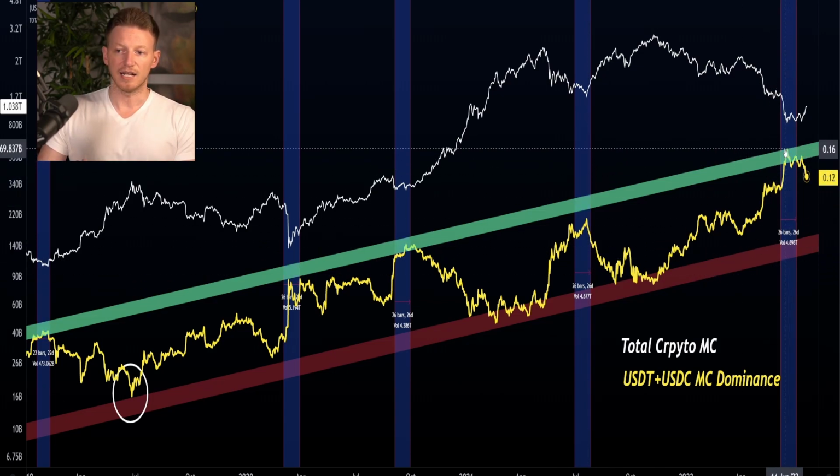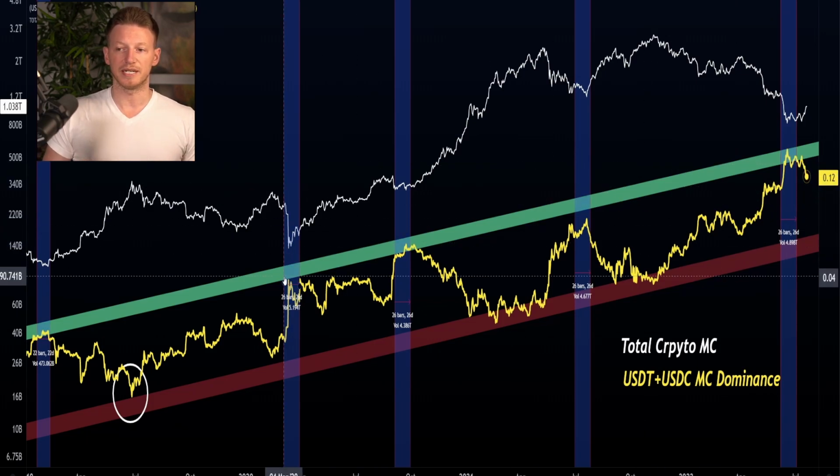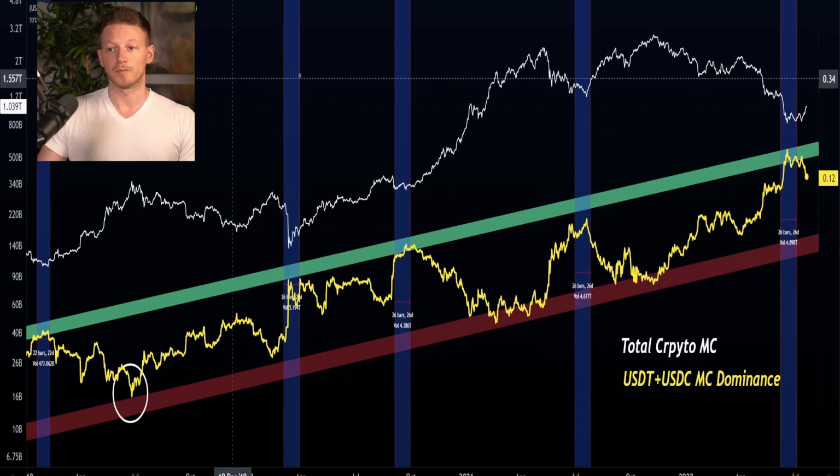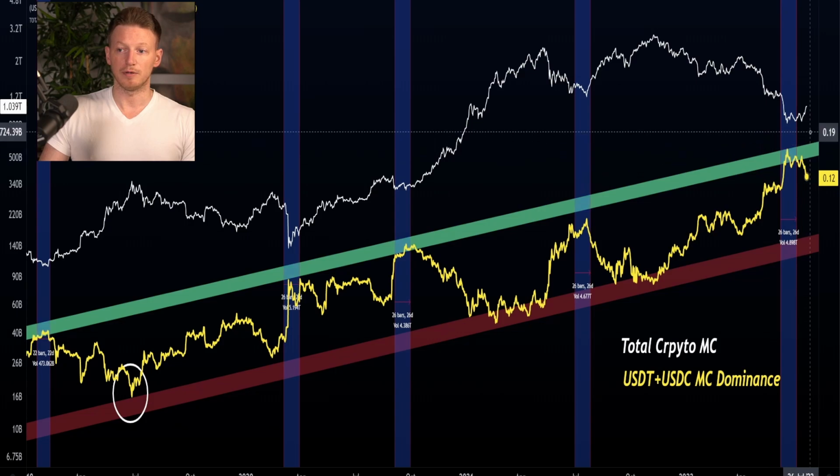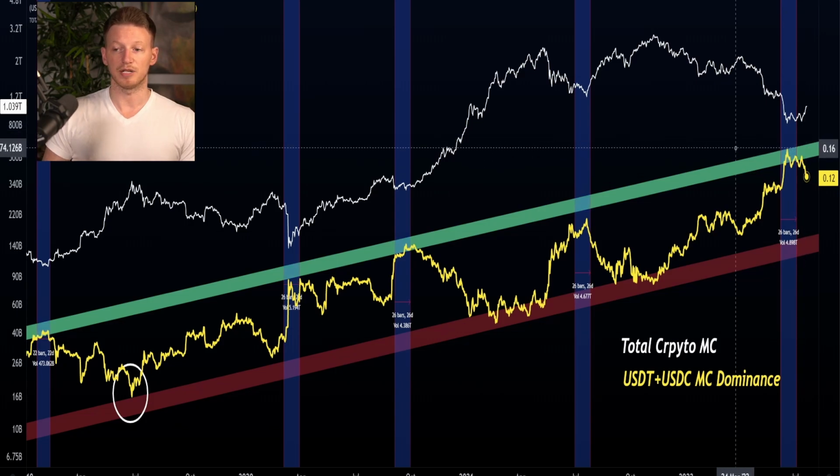The reason that a metric like this makes a lot of sense is because it's showing you the dynamics and the way that liquidity in relation to the perceived valuation or the perceived value of the cryptocurrency market at any given time. It's showing you where that interplay is at. And so I think that this is a very important metric, and it's definitely one that we'll need to continue to watch. So thus far, my prediction that we would very likely head above this hasn't played out, but we've also seen the stock market rally at the same time. So we'll have to see how it goes going forward.